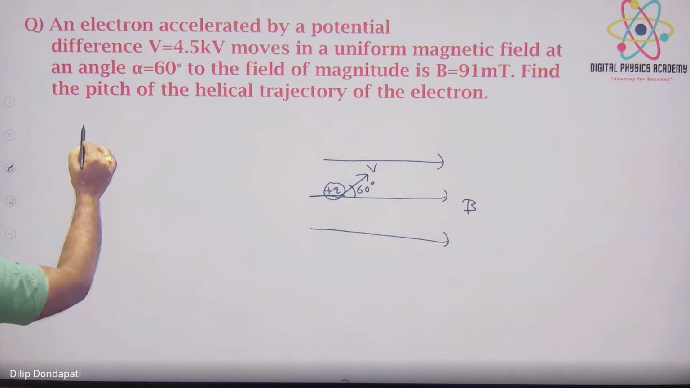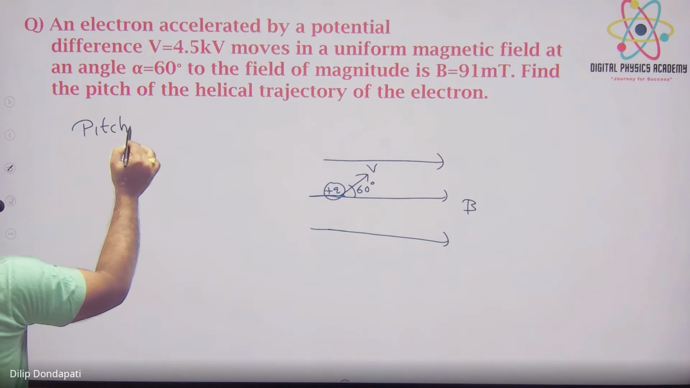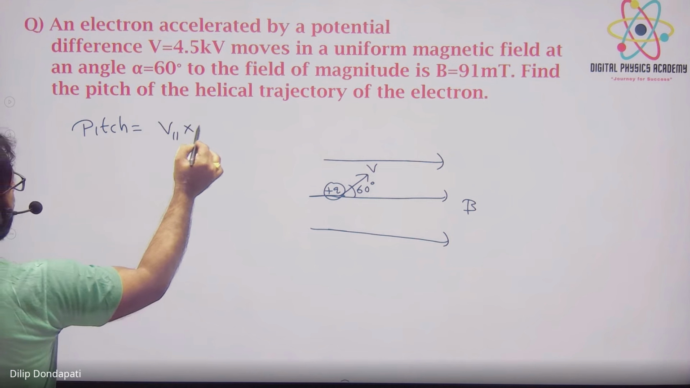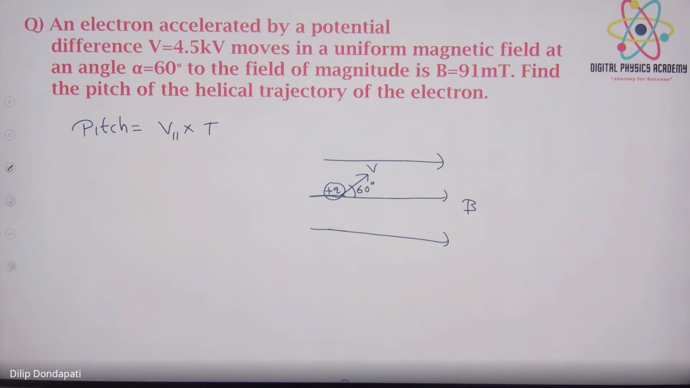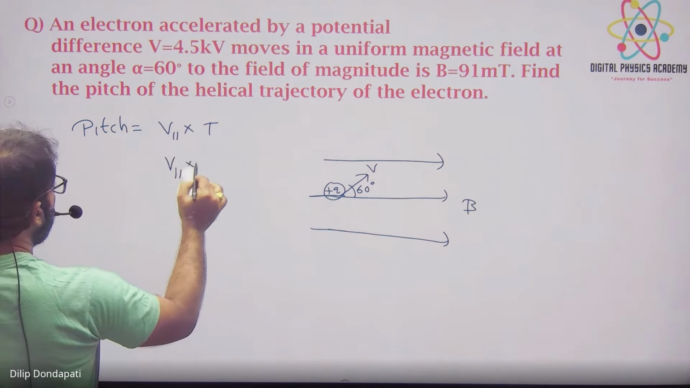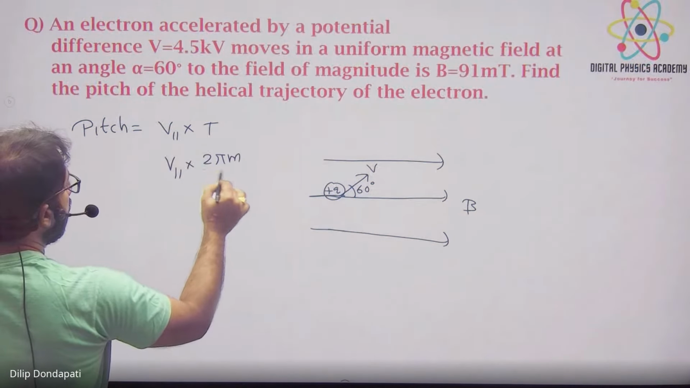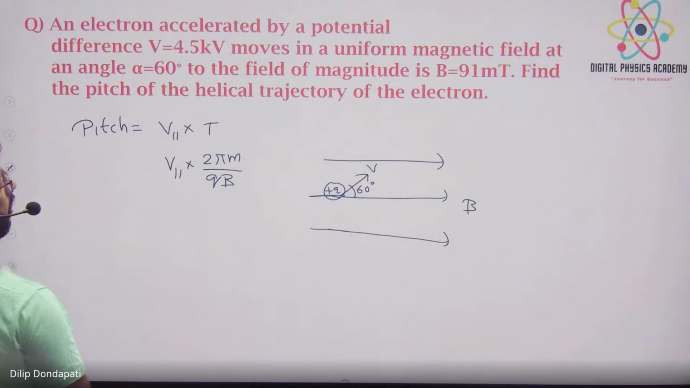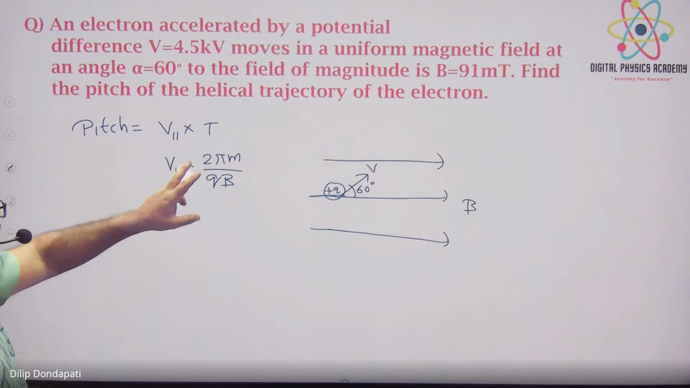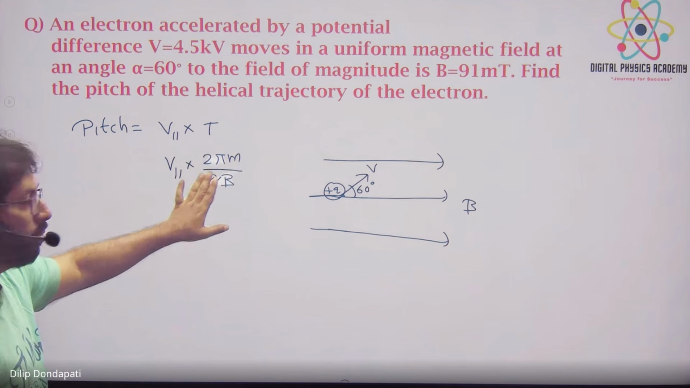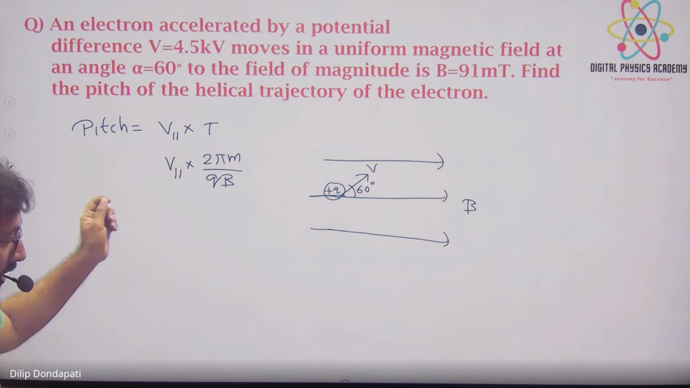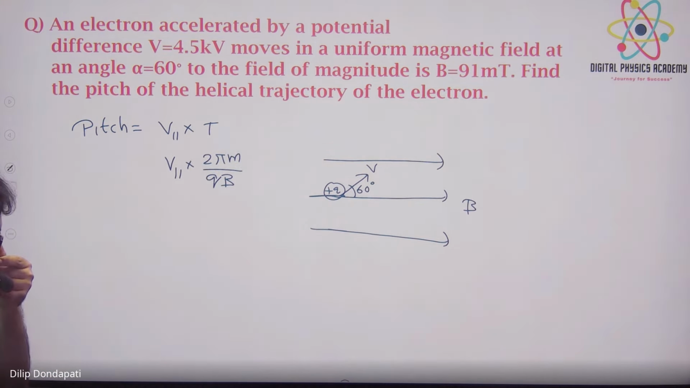So the formula for pitch is v parallel into time period. Is the time period known? He is talking about the electron, and the mass of the electron is known. So v parallel into time period, where time period is 2 pi m by qB. The charge is known, the mass of the electron is also known, so the time period is fully known. Now we need v parallel. How will v parallel come? How will velocity come? They have given it in terms of potential